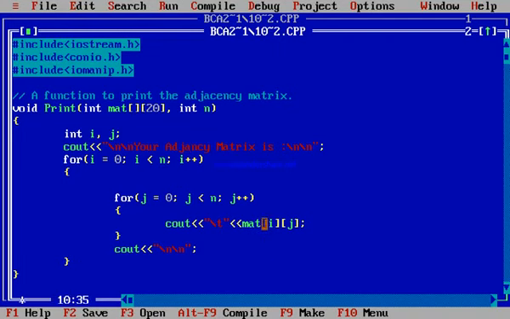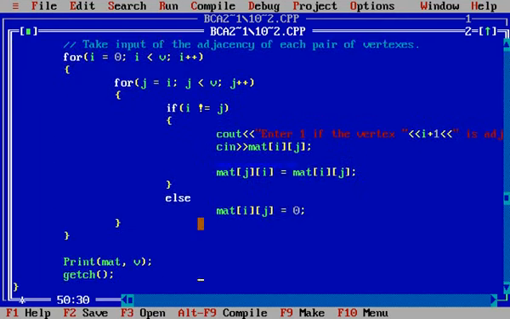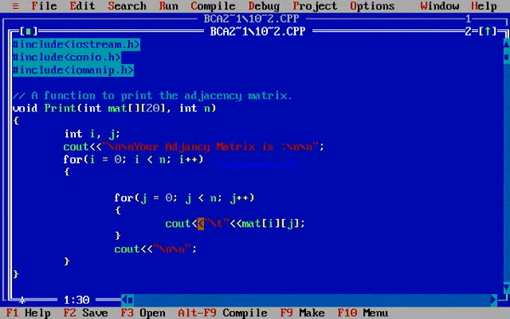We print here the matrix ij. Here we know that our matrix is 2-dimensional, that's why again 2 for loops are taken, and in between those 2 for loops we print the matrix. In this way we do the program of adjacency matrix.